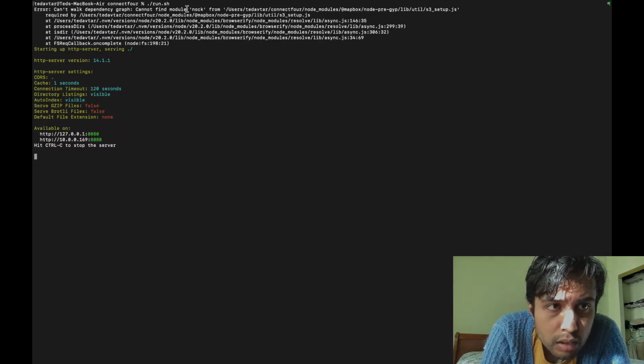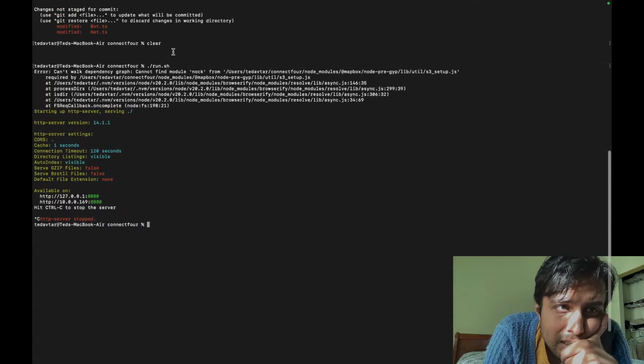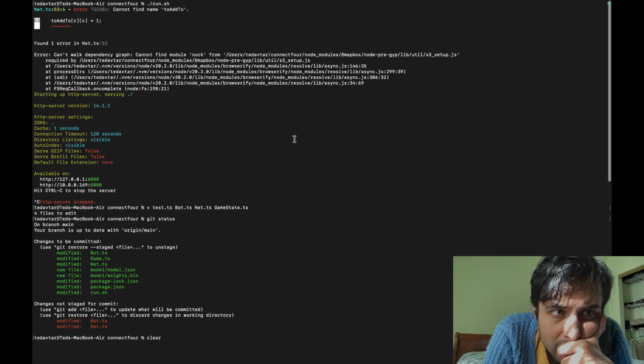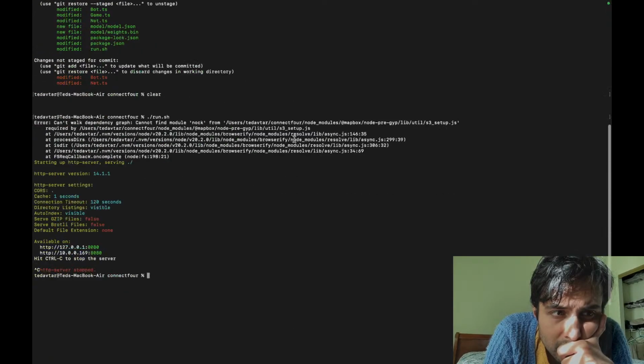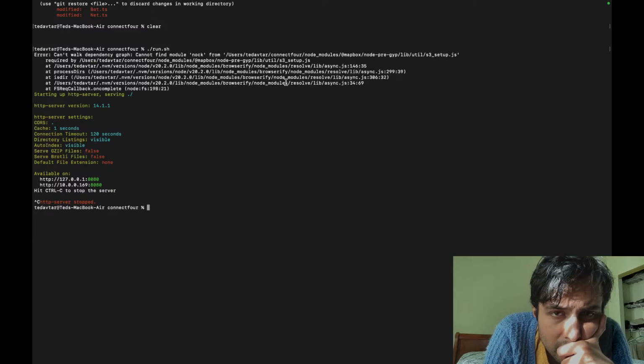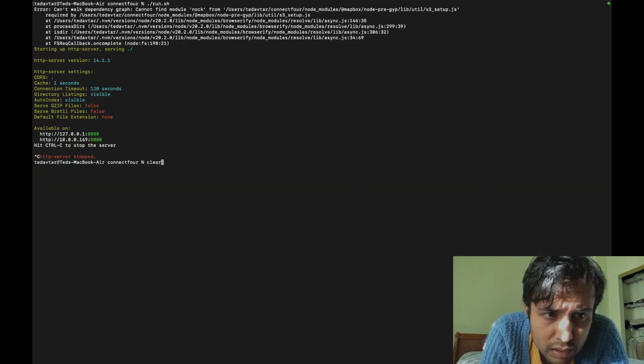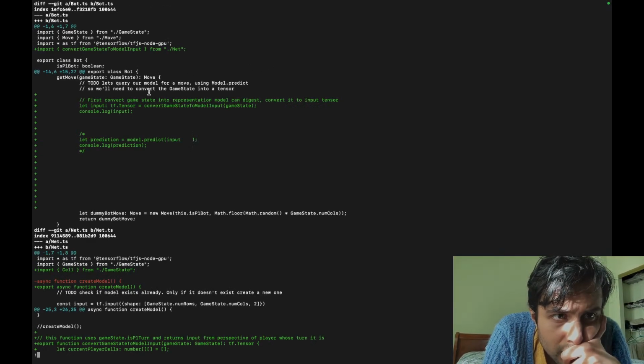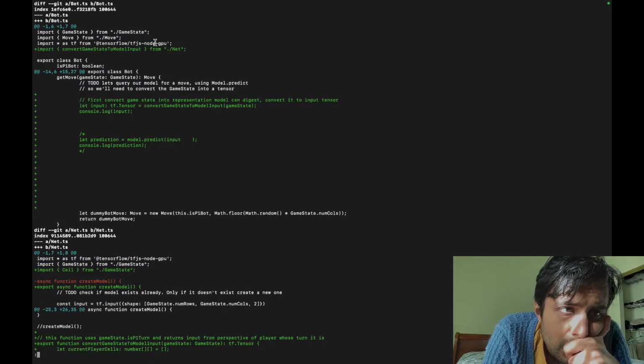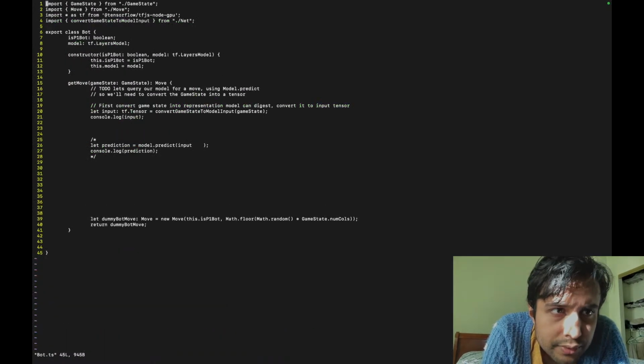What? What is this? Oh, right. TensorFlow, no GPU. I think the issue was I had to delete this.